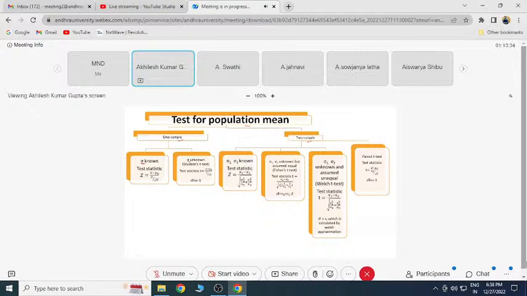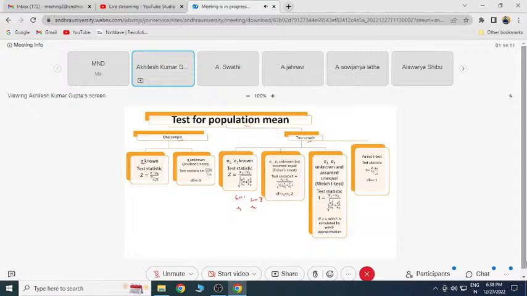So in one sample, you will have basically one sample, and you will test whether the mean of that one sample is equal to an assumed value. That assumed value, you can say, is equal to that population value. But when you have two samples, we check whether both means are equal or not in their population. We have two separate samples, sample 1 and sample 2. So now we want to check whether these two means mu1 and mu2 in their population are equal or not. That is the basic problem of hypothesis testing for two samples for mean.